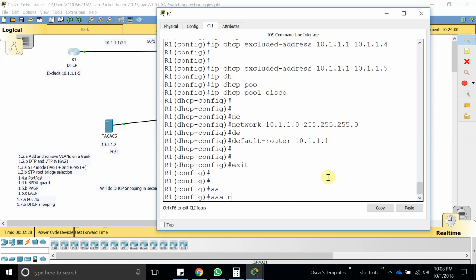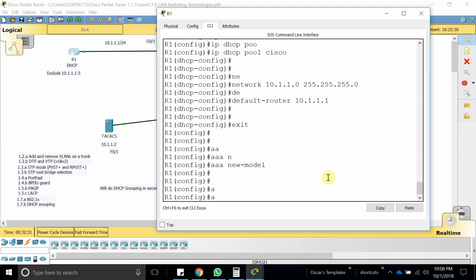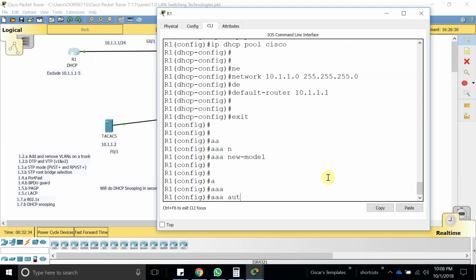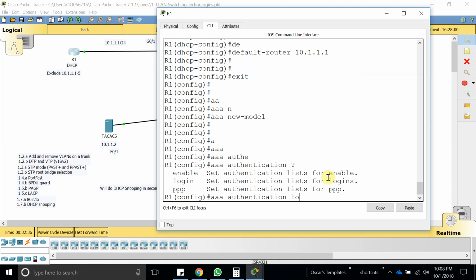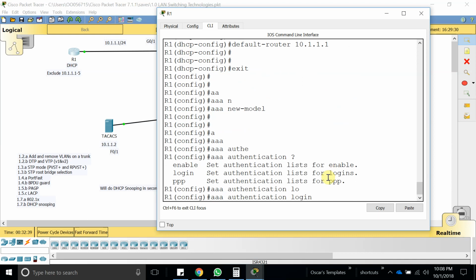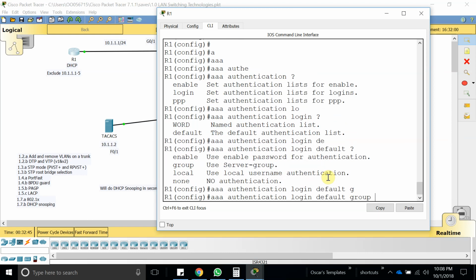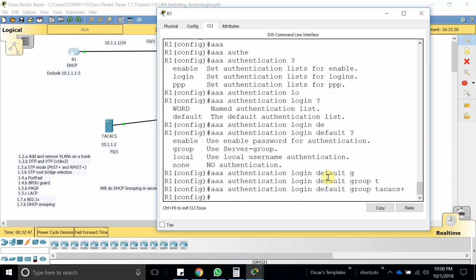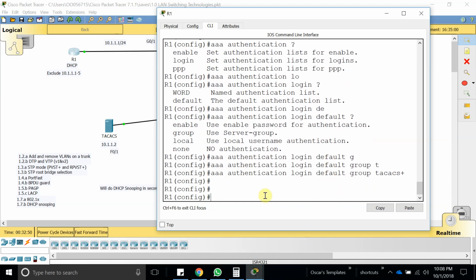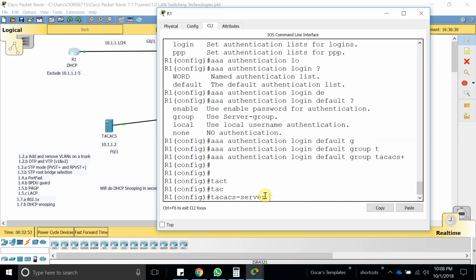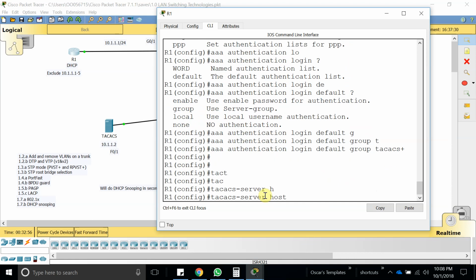So AAA, again, authentication. And then we are going to enable login, right? And then we're going to leave this default. And we're going to do a group, and the group is going to be TACACS+. That's good. And now we have to do a TACACS server host, and the host is 10.1.1.2. That's where it's hosting. Everything is on this server, correct? And now the key that we put in with Cisco 123.456. Okay,